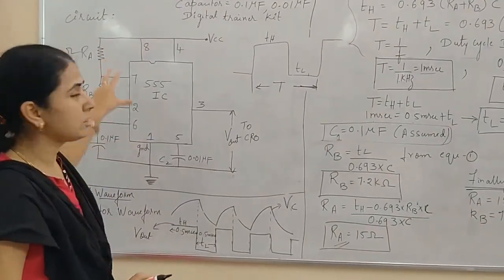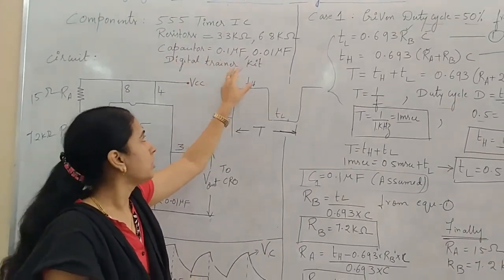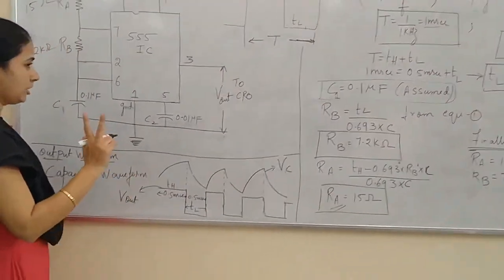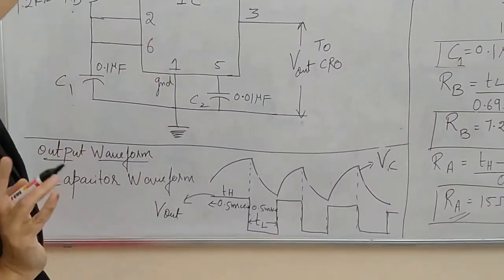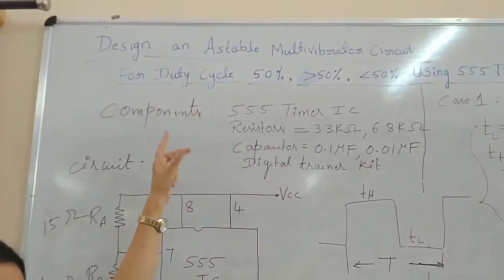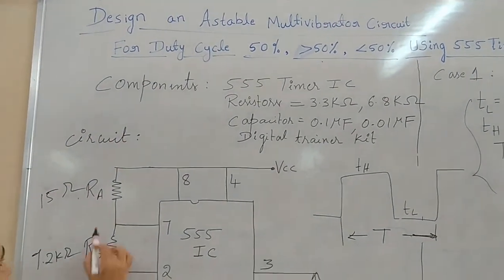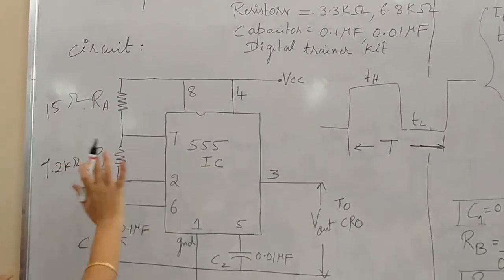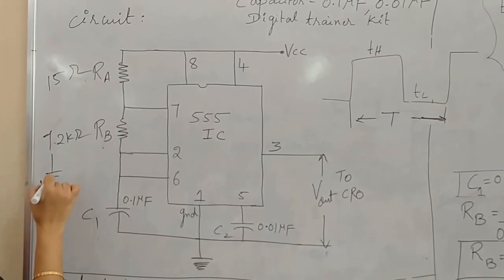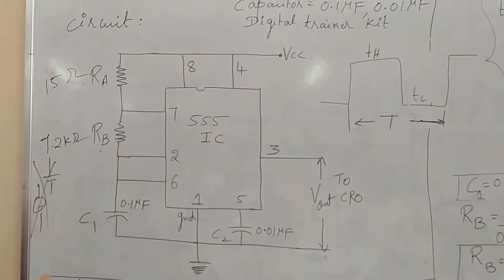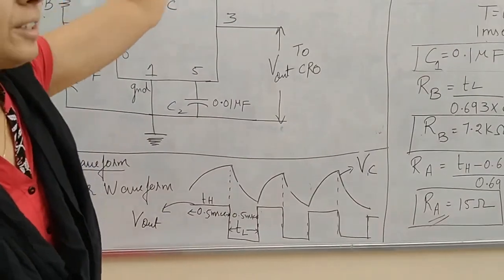Making use of these components, you need to connect this circuit using a digital trainer kit and observe the waveform on a CRO. We are supposed to get two different types of waveforms here. These are the two outputs. As I told, astable multivibrator is an oscillator. It produces a sustained oscillation without any external input. You can see here in the entire circuit, we do not have any input. We do not give an AC input like this, or a DC input like this. So without an external input, we get two output waveforms. Hence it is called astable multivibrator.